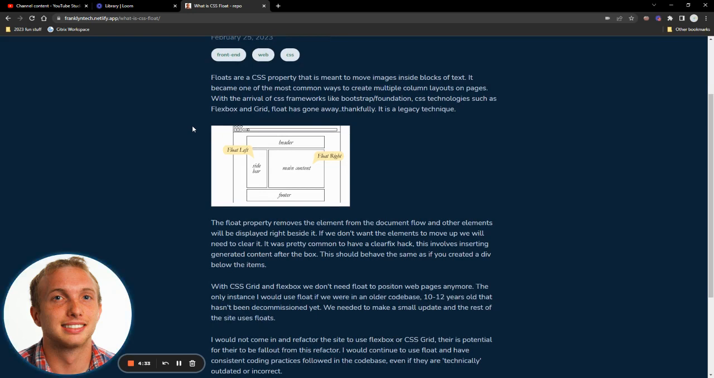But it became one of the most common ways to create multiple column layouts on pages. With the arrival of CSS frameworks like Bootstrap and Foundation that used inline and block elements and margin and padding to create grid items to lay out 12 columns mostly and make them responsive, and other newer CSS technologies such as Flexbox and Grid, Float has gone away, thankfully, and it is known as